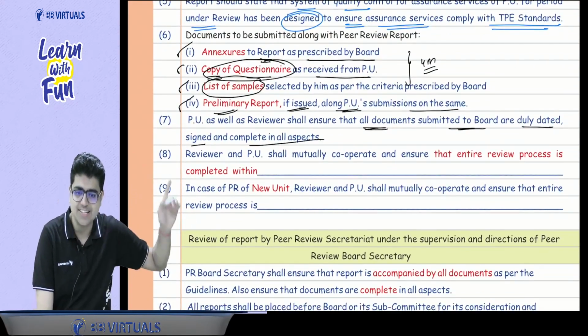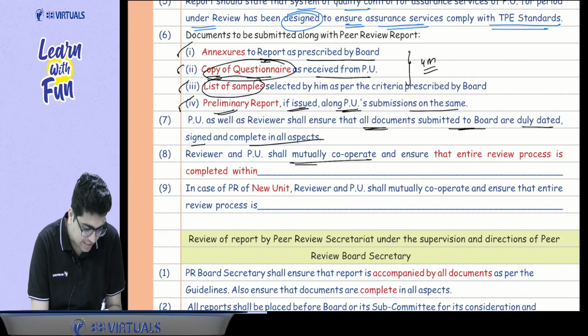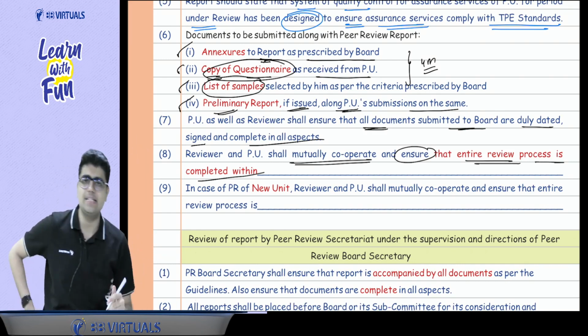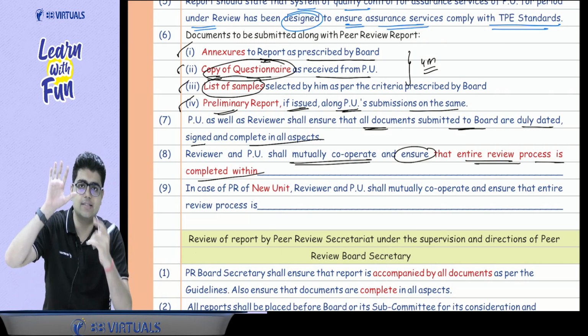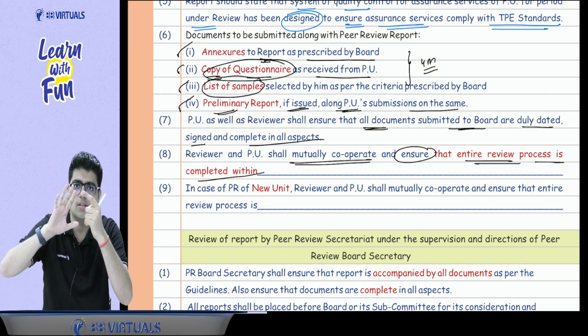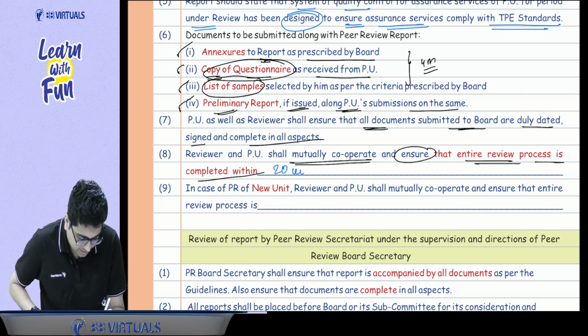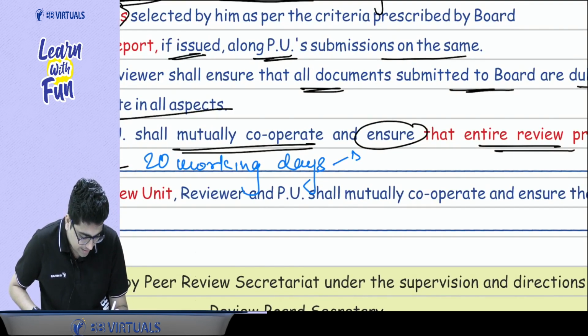The reviewer and practicing unit shall mutually cooperate and ensure that the entire review process is completed within how many days? Please write it in your notebook. I am giving you 5 seconds. 1, 2, 3, 4, 5. The right answer is 20 working days. Within 20 working days. Sir, from when do these working days start? From the date of submission